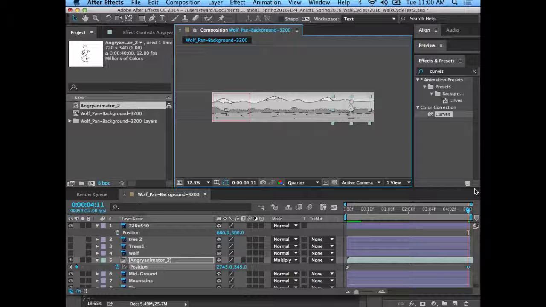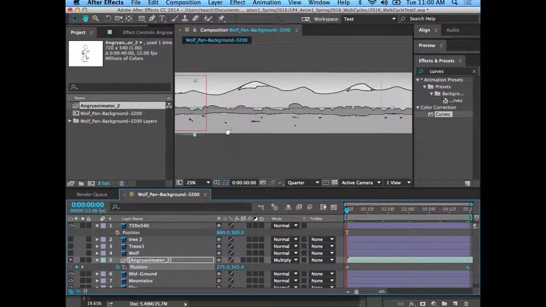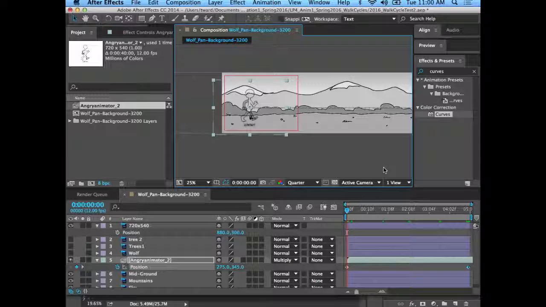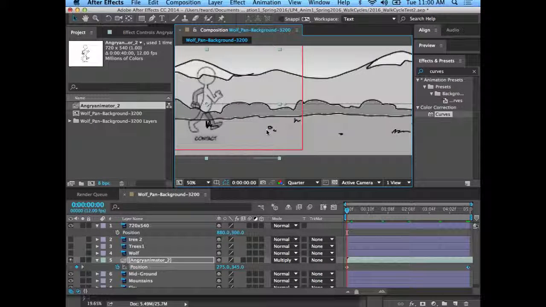So I just need to use my left arrow key and back it up, or I could do the position here. What I started to do there is that with my arrow keys, I can hold the shift and my left arrow key and back it up 1, 2 steps and see what that looks like. So now I did those 2 steps. Now I come back to the first one, zoom up on it, and watch it. Now I'm going to page down. Zoom up a little bit more so I can really see what those feet are doing.